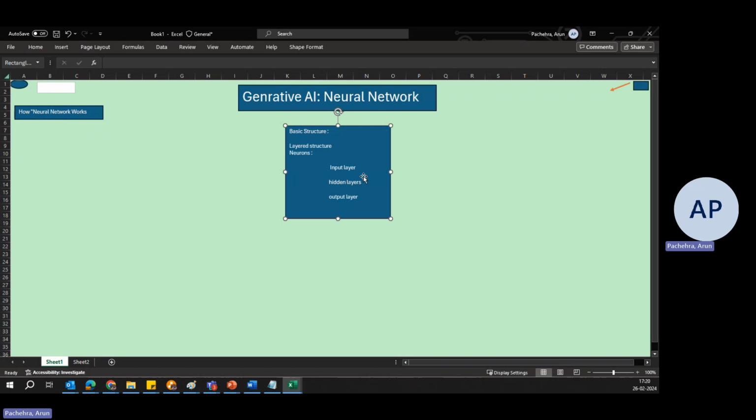You could also say the parameters that indicate the importance of each unit are the weights. And what would be the biases? It would be an additional parameter that allows adjusting the output along with the weighted sum of inputs. This is where the learning, the decision is happening with all the data which is coming in, right?